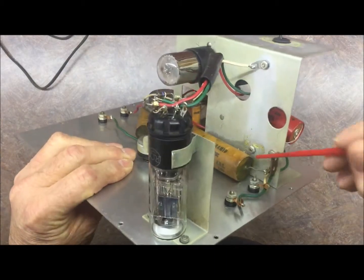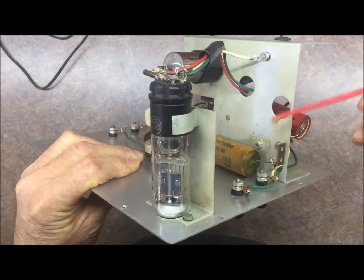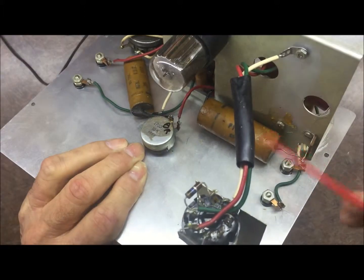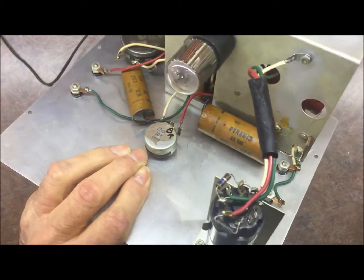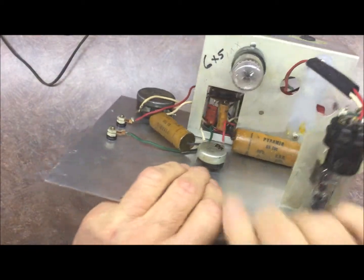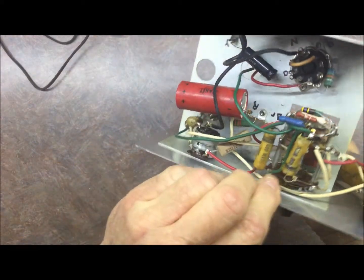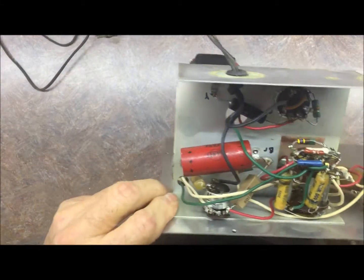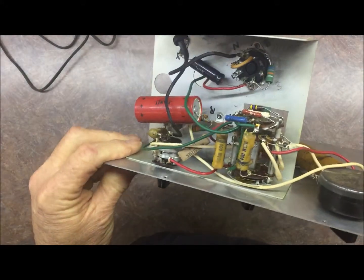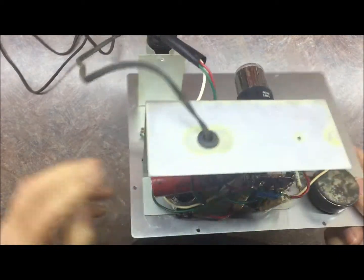And looky there, look at all that coming out of there. Nice leaky capacitors. This one seems to be all original, but not for long. As you can see, it has all the original capacitors in it, none of which are any good. So we're going to see if we can get this one going,